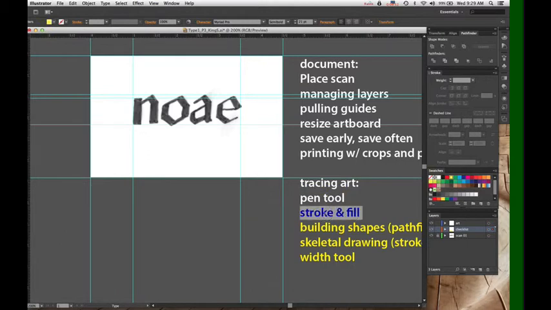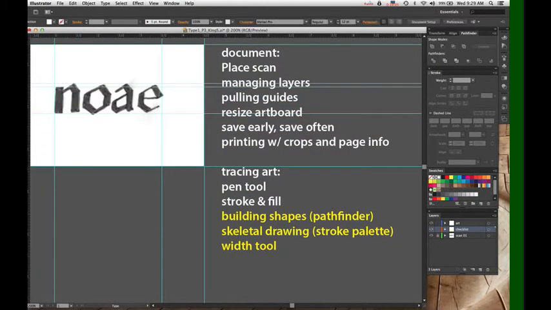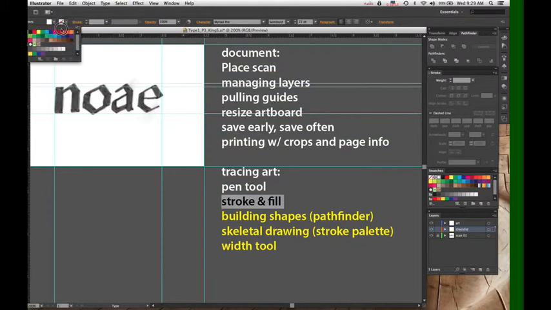You may notice right now, as I'm going through the checklist, I'm changing the fill color of my type, not the stroke color. This is just a good general type tip in Illustrator. Type is meant to be filled but not stroked, because the shape is all based on positive and negative.